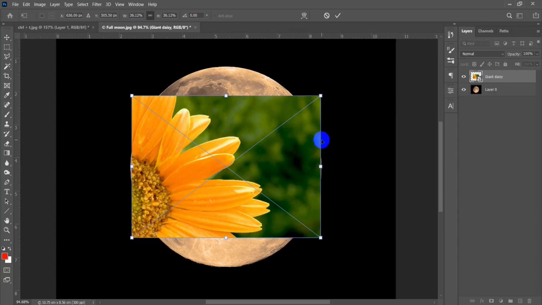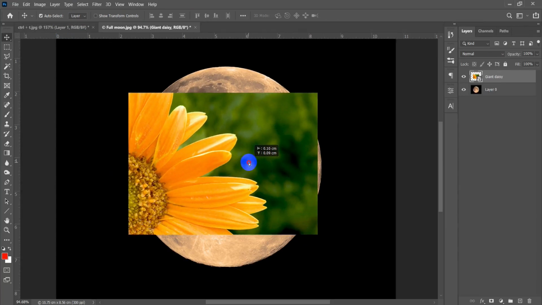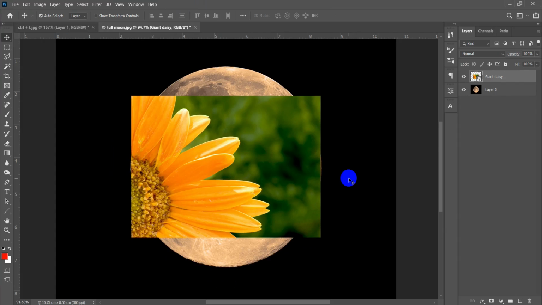Okay, that's it for the rotation. I'm going to hit enter and place this picture over here. Now if I ever want to rotate this picture at a known angle, how can I do that? Well,